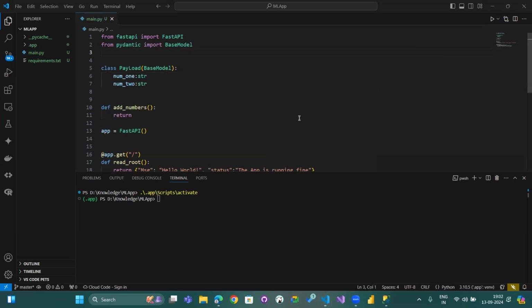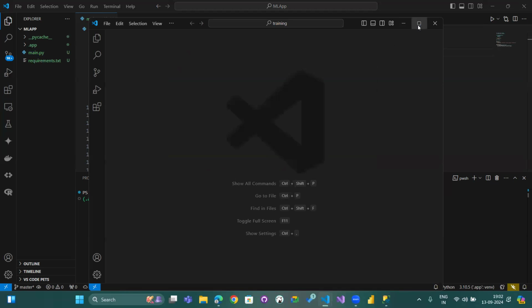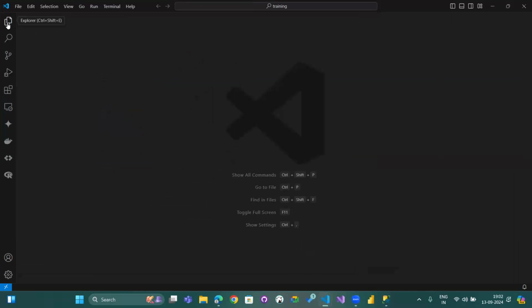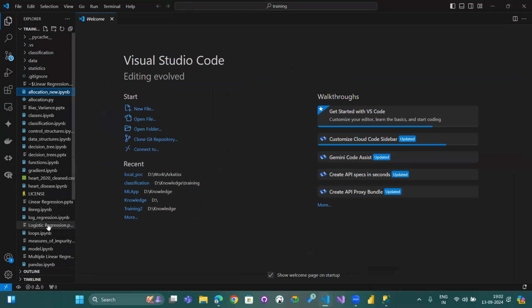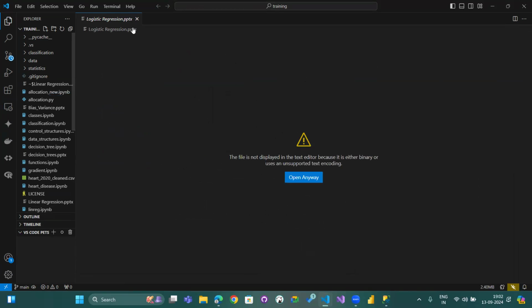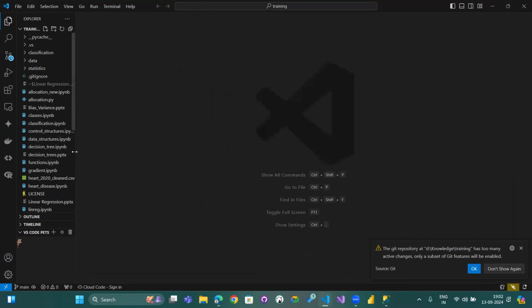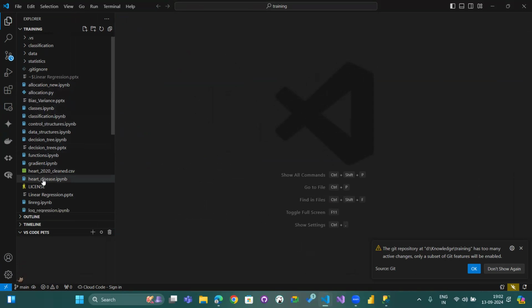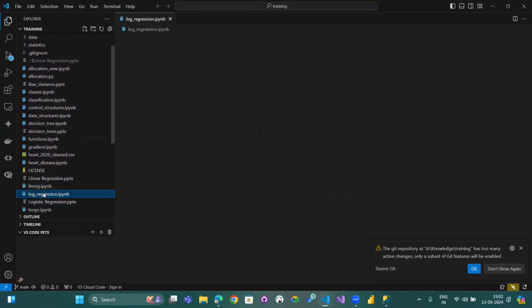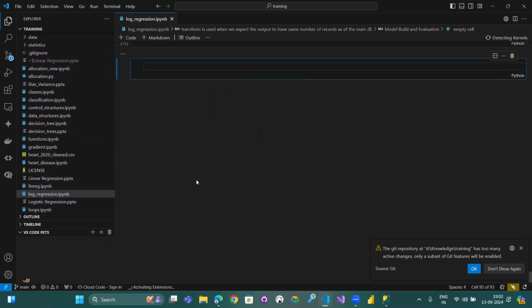training. In training, what we did was we had one file which we made for logistic regression, or you can take even the linear regression one. Even that would be fine. So for now, I'm going to show you how we can convert our POC to an application. So where is logistic regression? Yeah, okay, so this was our file,